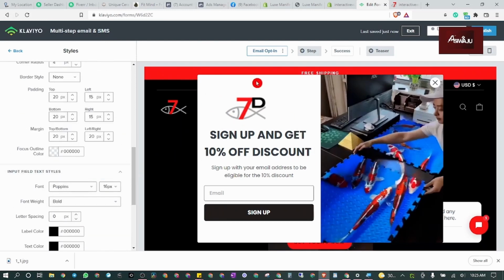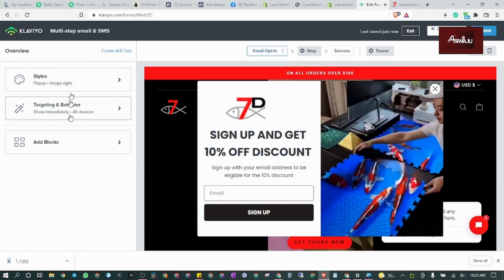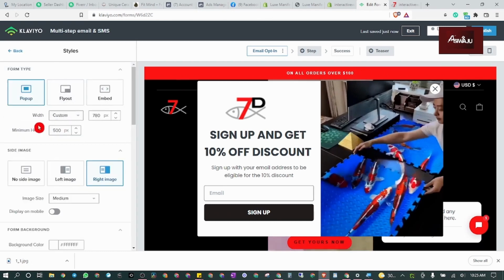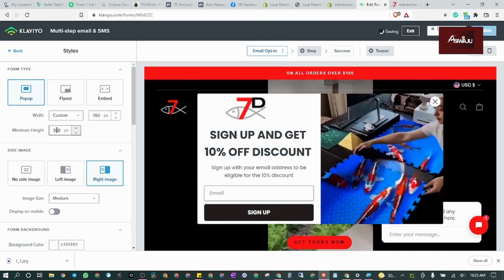Now I need to reduce the form size. I want to reduce this. The padding top, I'm going to delete it, 0, 0. Now you see I'm reducing the form size. Now when we come back to the styles, to the minimum height, we can reduce it more here, or let's just put a number. Let me just reduce it to 3, so the form will be